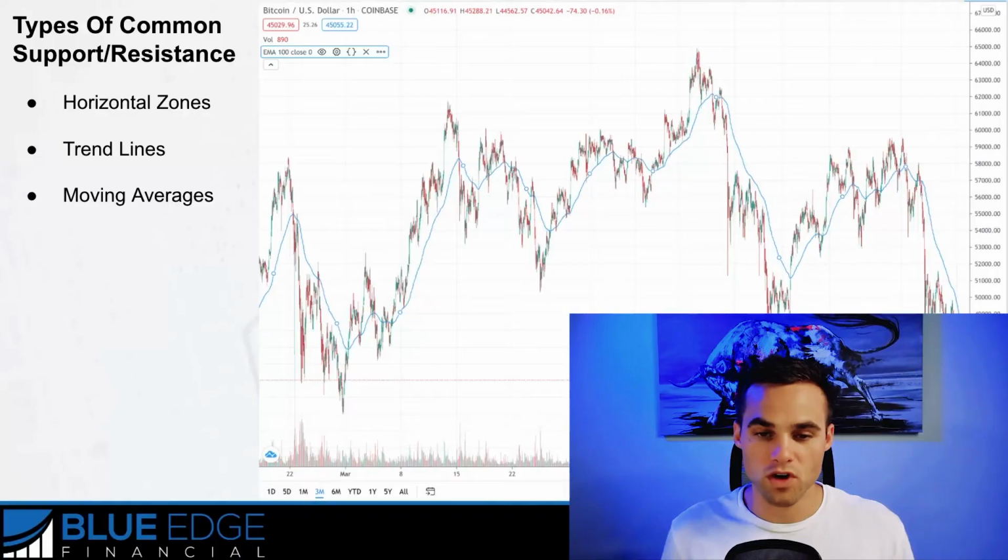Now, the last common type of support and resistance are what's called moving averages. And if you're not familiar, we're going to cover moving averages a lot more in depth in the next video, but it's an indicator that basically shows you the average price of a set of data. And if we look at here, we can see this line drawn on the chart, and many times the price will come down into this moving average and it'll bounce off. As you can see, it came down here, bounced off, bounced off, bounced off, and then it started acting as resistance, bounced off, and then it started acting as support. And so this is another way that you can find support and resistance.